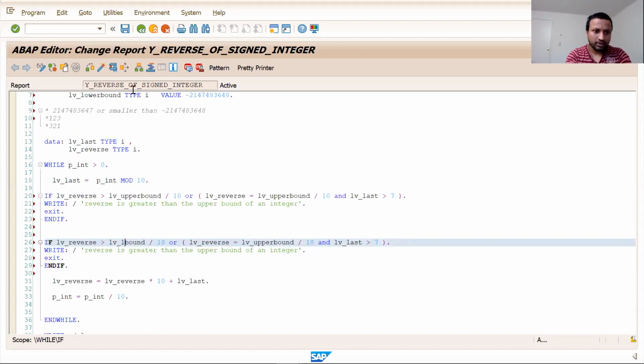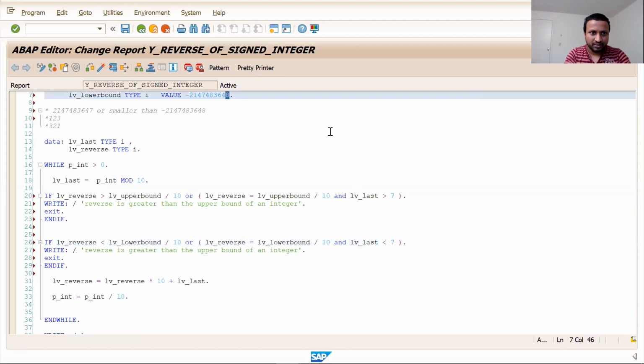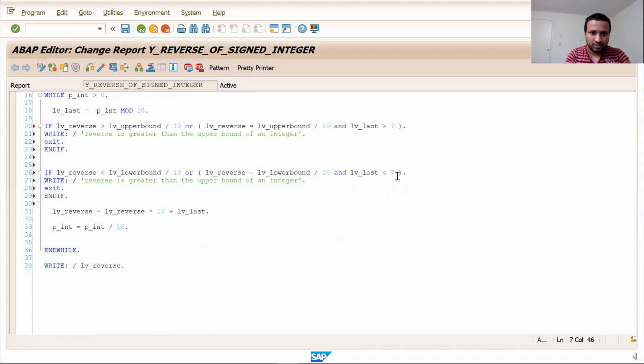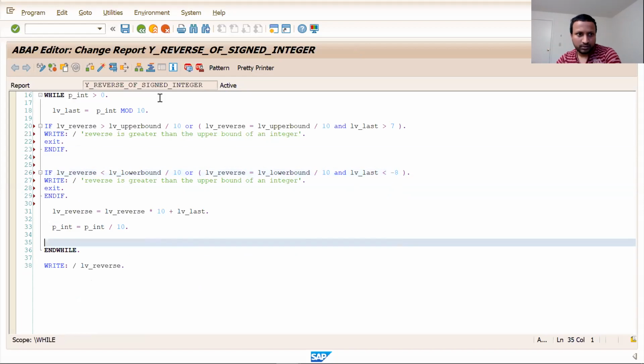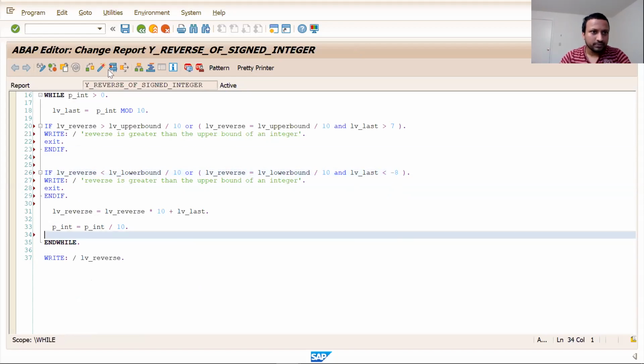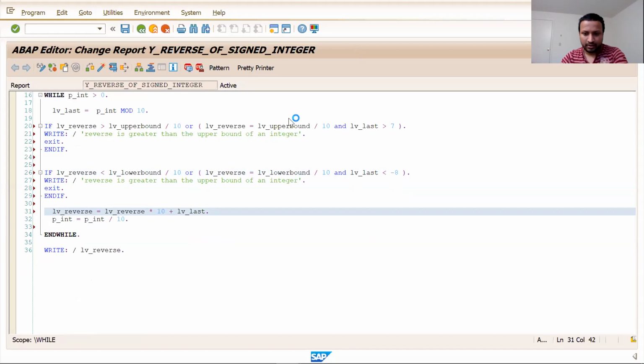Reverse should not be less than the lower bound, or if reverse is equal to the lower bound, the last digit should not be less than -8, because the last digit of the lower bound is 8. I think this should work. Let's see if everything goes well.